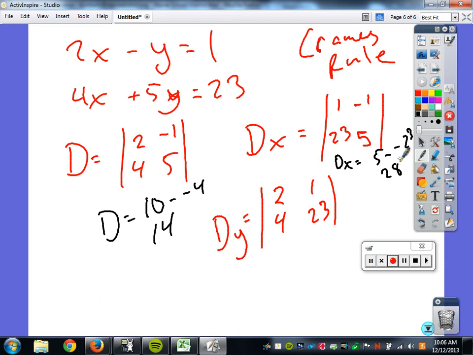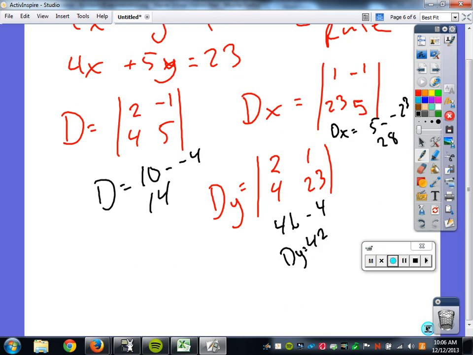This is the easiest method of all, besides using your calculator to solve an equation, is this rule. Then you got 46 minus 4, and that's 42. Okay, now you might be asking, how's this solving? Well, ladies and gentlemen, what you do now